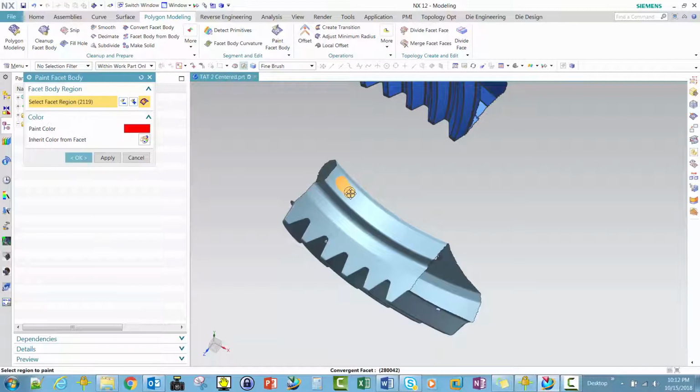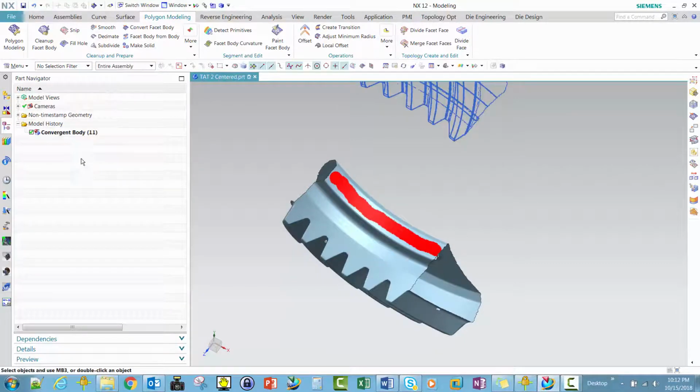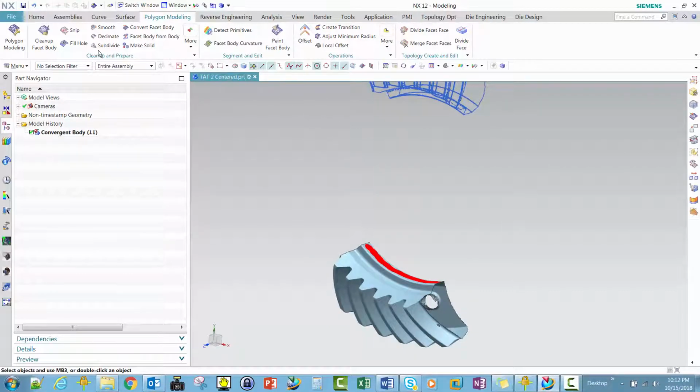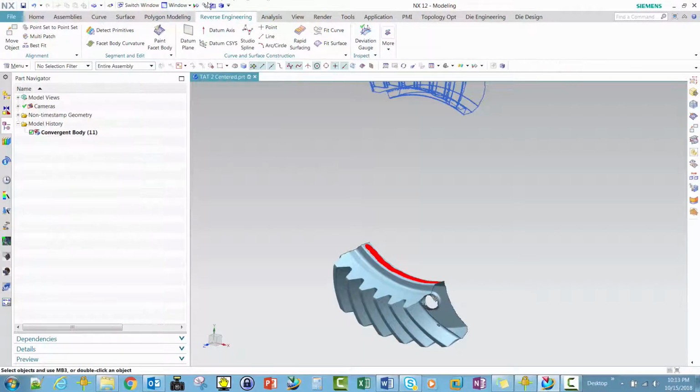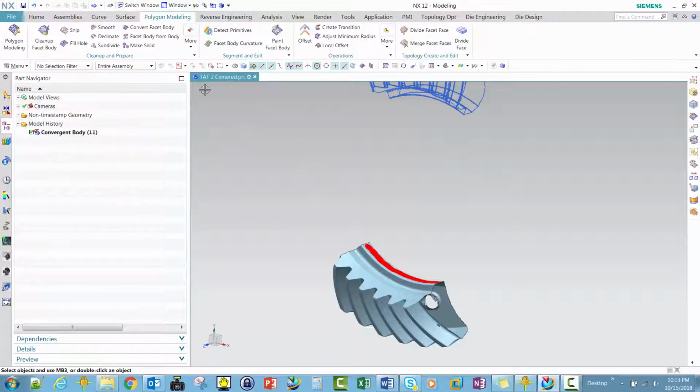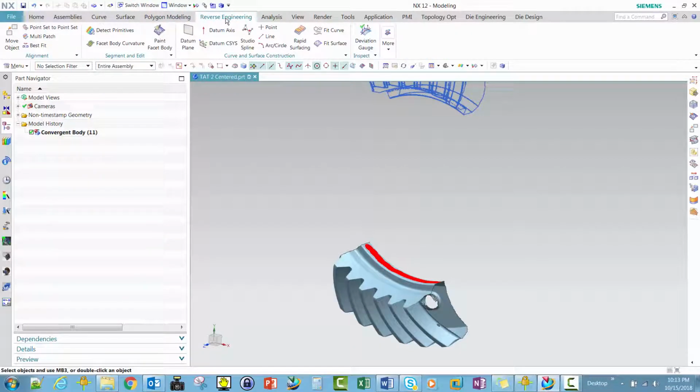And I want to paint this face. Try and get as much as I can, and select OK. And then once I have that face painted, then I can create geometry on it. Okay, once I have that face painted, then I'd go into reverse engineering,